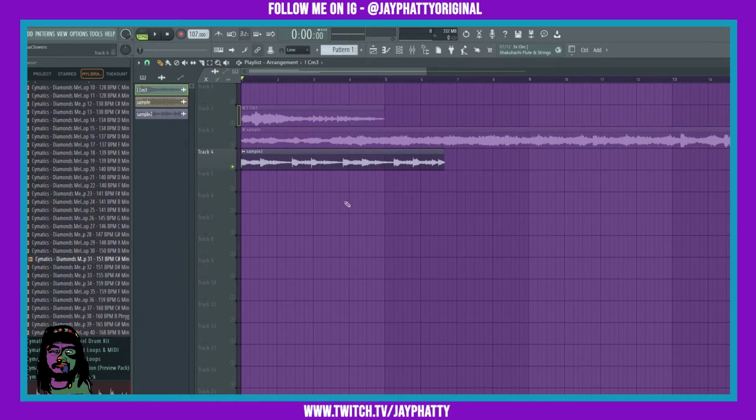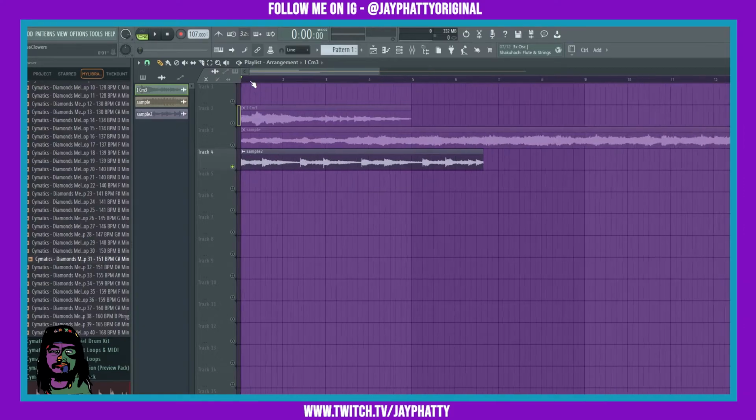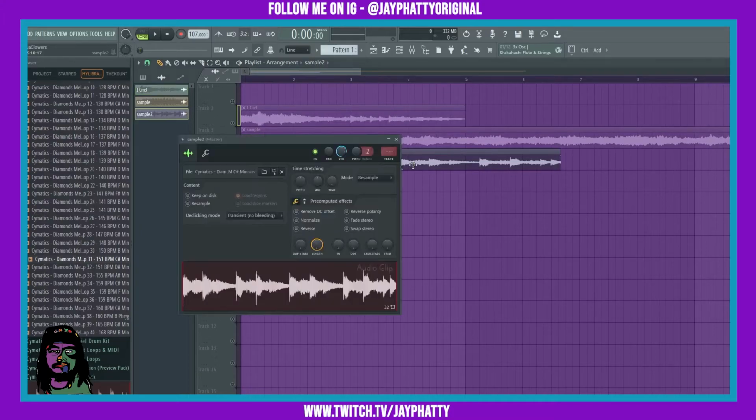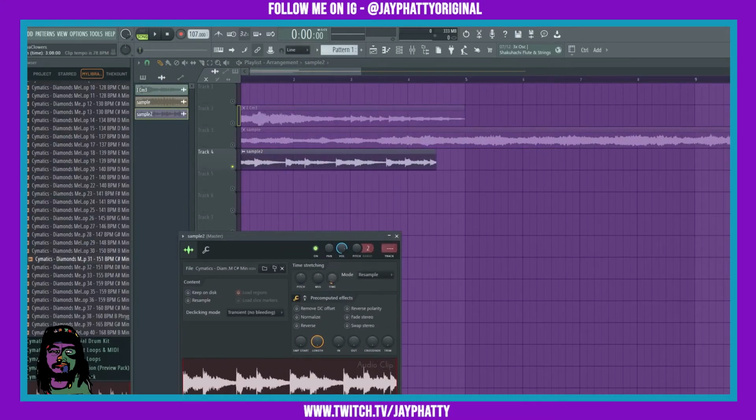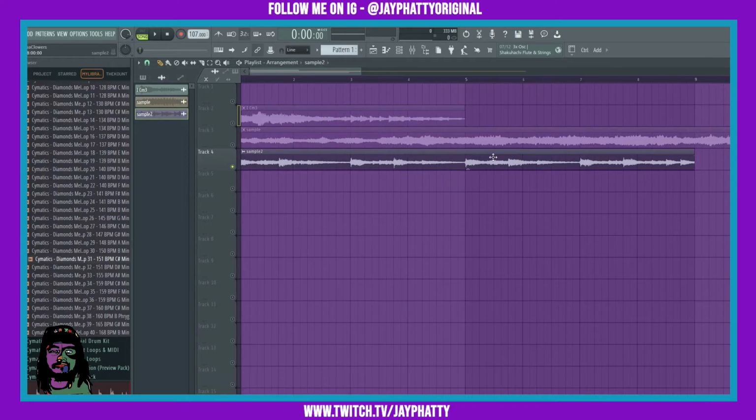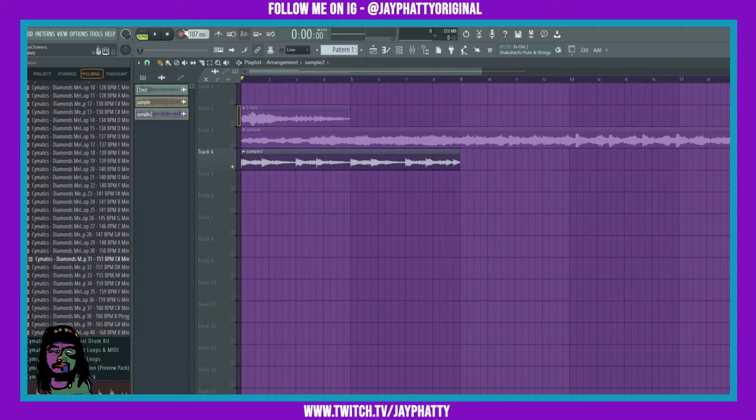If it's an easy to read sample waveform like this third example here is, we can easily just drag that out until we see those waveforms lining up. So it would only be 8 bars. As you can see, each transient is on a bar. So that tells us that it's probably on BPM. So if we play it,